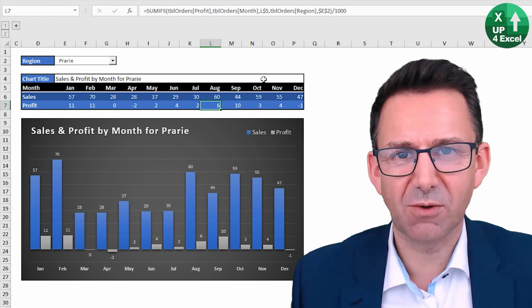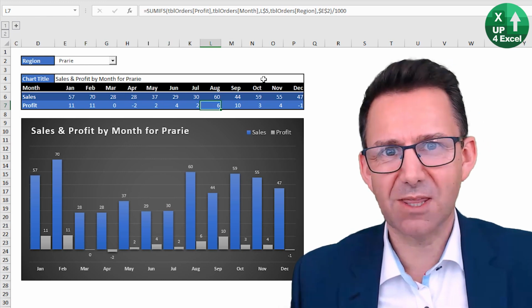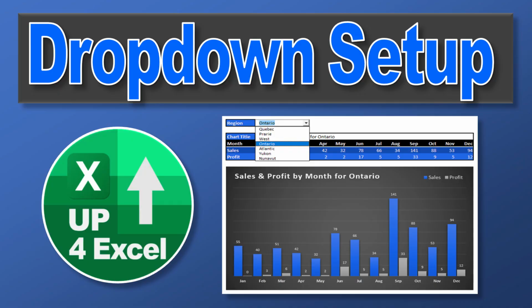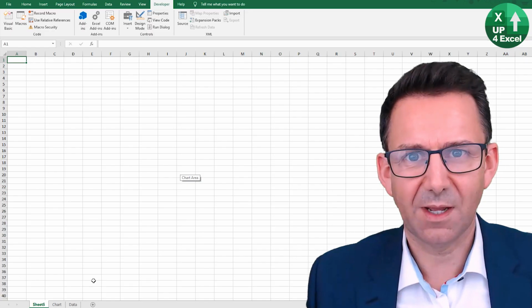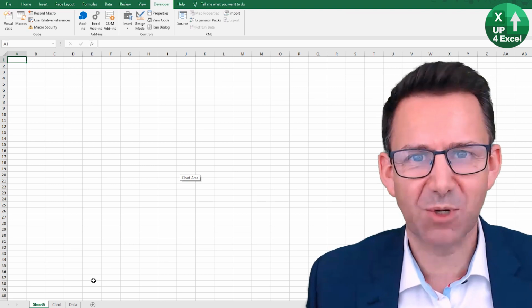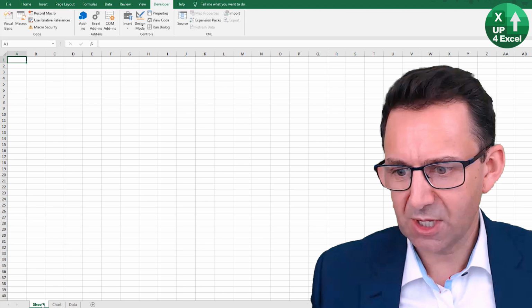So that in a nutshell is what we're going to do, but we're going to create this from scratch right now. I'm going to show you it from scratch so you can get it looking just as flash as the example I showed you earlier. So if we call this example,